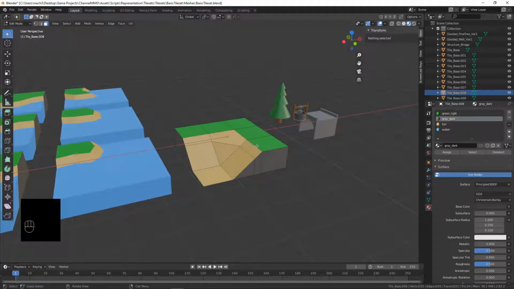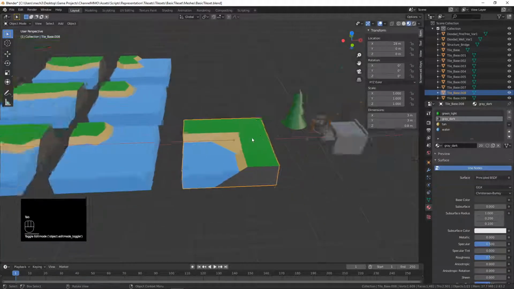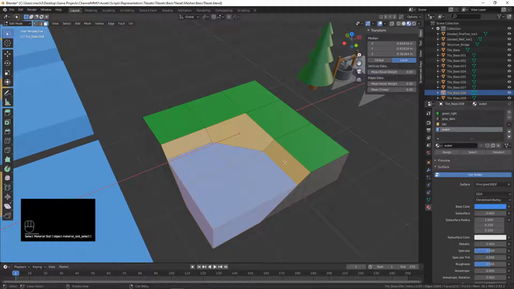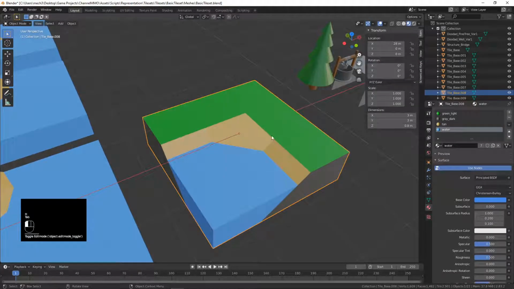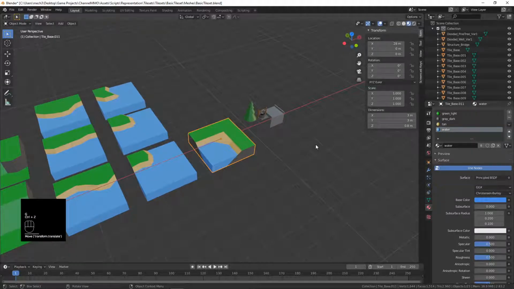Excellent. So that gives us our very basic corner here. Let's go ahead and hide this water again. And then let's duplicate this and move this up. Actually, let's not duplicate this yet,